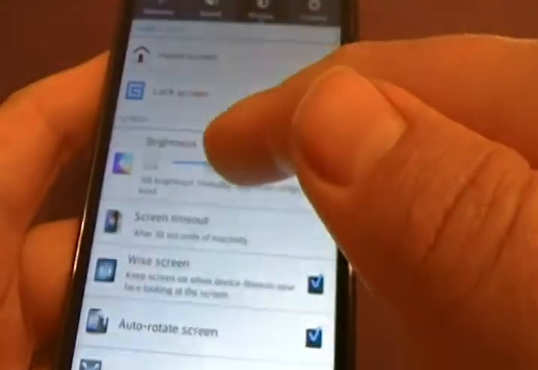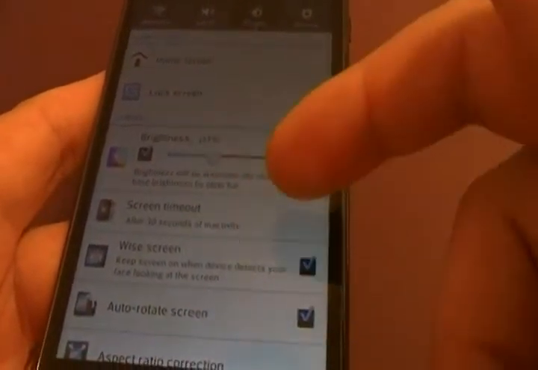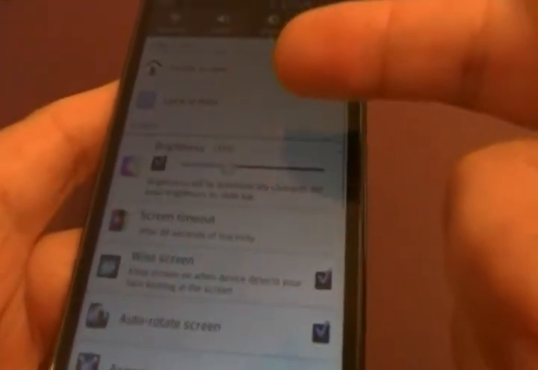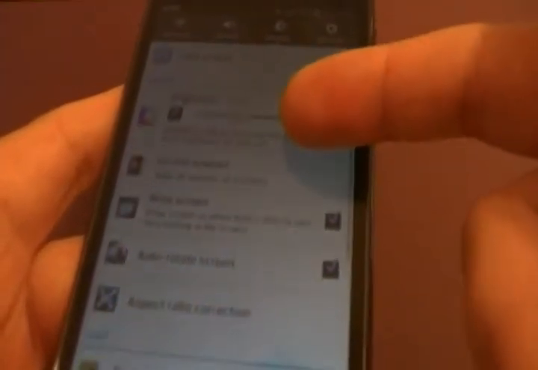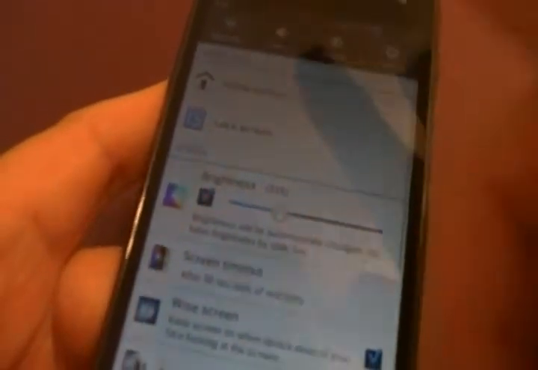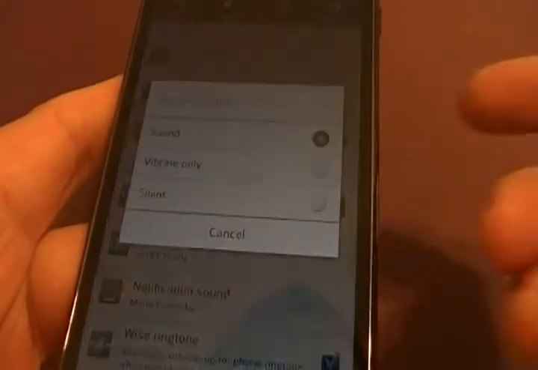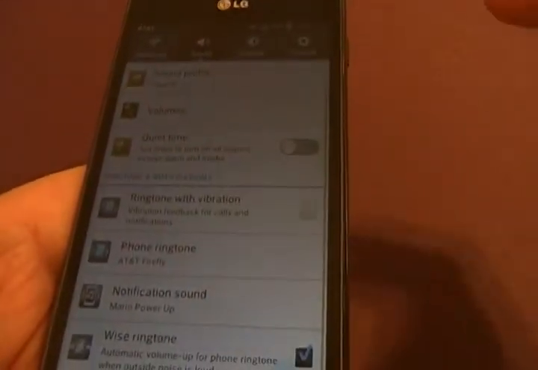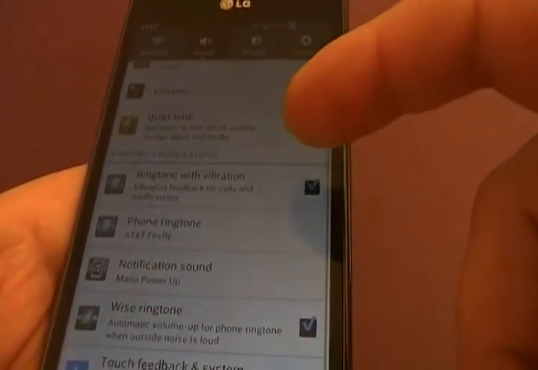You got your brightness, auto brightness, screen timeout, wide screen. We already went through these, huh? So let's see, I think that was all that you can do from the settings: sound profiles, vibrate only settings. Quiet time is, if you don't want your alarm going off at a certain time, or if you're at work or something, you can set that up. And then obviously your ringtones and stuff. So there's nothing that's really